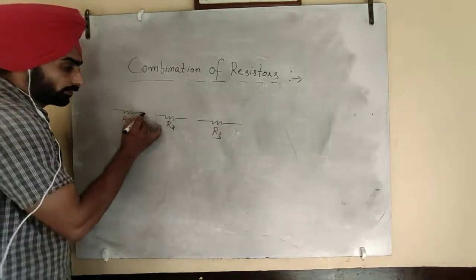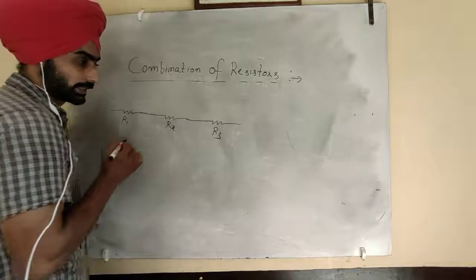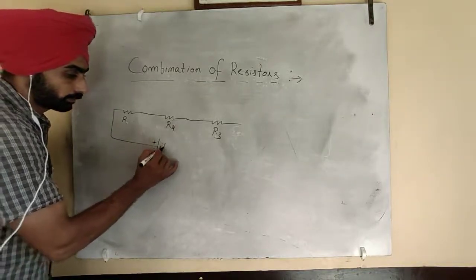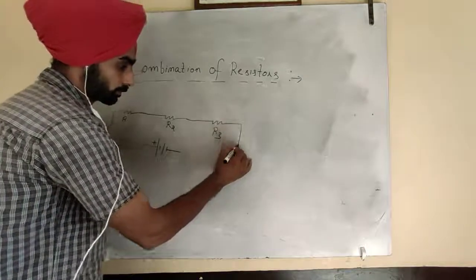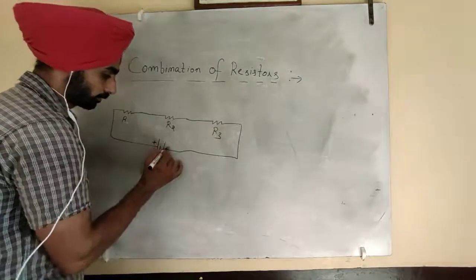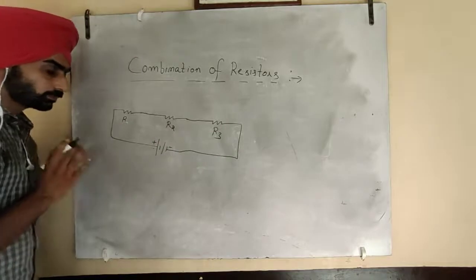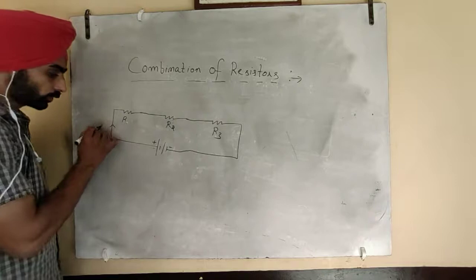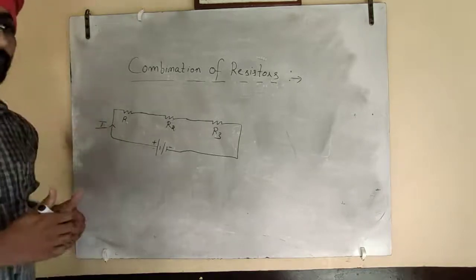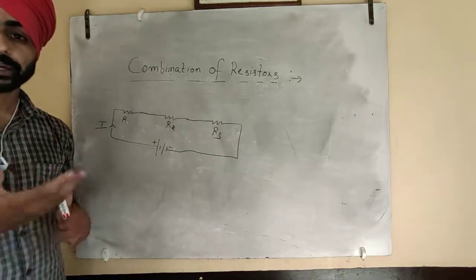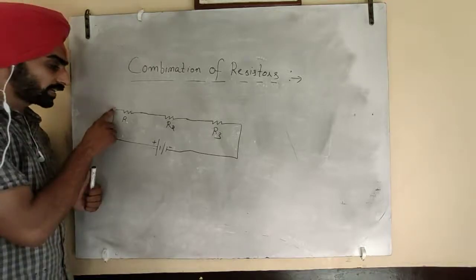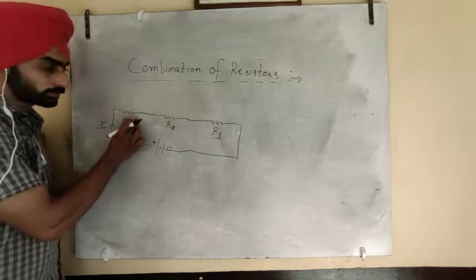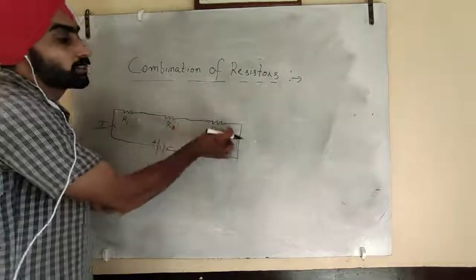and they are combined one after another like this, and they are attached to a battery. Okay? Some current is flowing. Suppose 100 current is flowing. Current means some charge carriers are flowing per unit time. Suppose 1000 charge carriers are flowing through R1. They 1000 have flown. Then 1000 will flow from this. 1000 will flow from this.